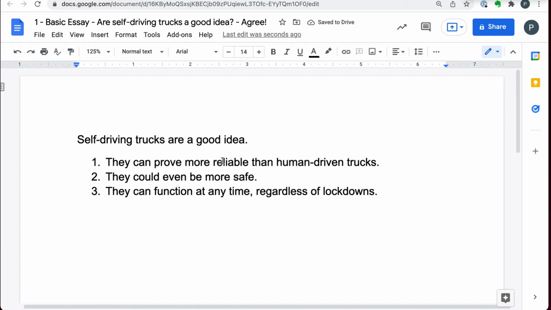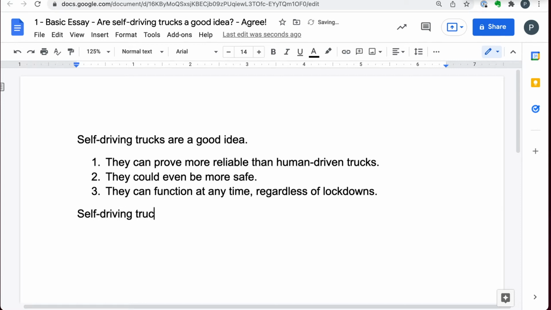Now, reliability, safety, and any kind of bug-driven situation. Okay, all right. So now what I have, so this is my step 2. Now, in step 3, because I already have all of my 3 reasons, I'm just going to put together a complete thesis statement. So here I am.